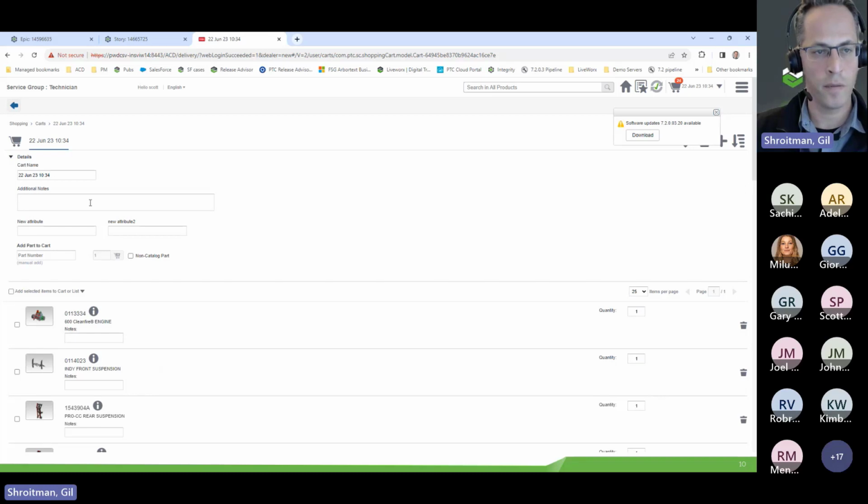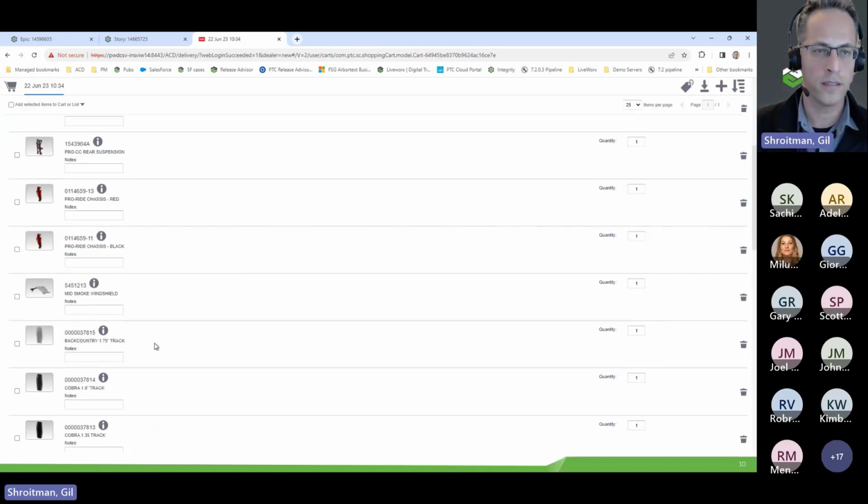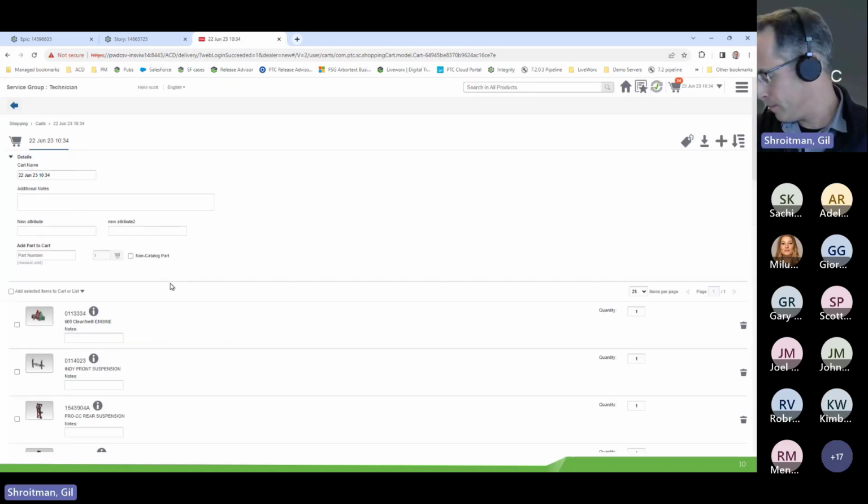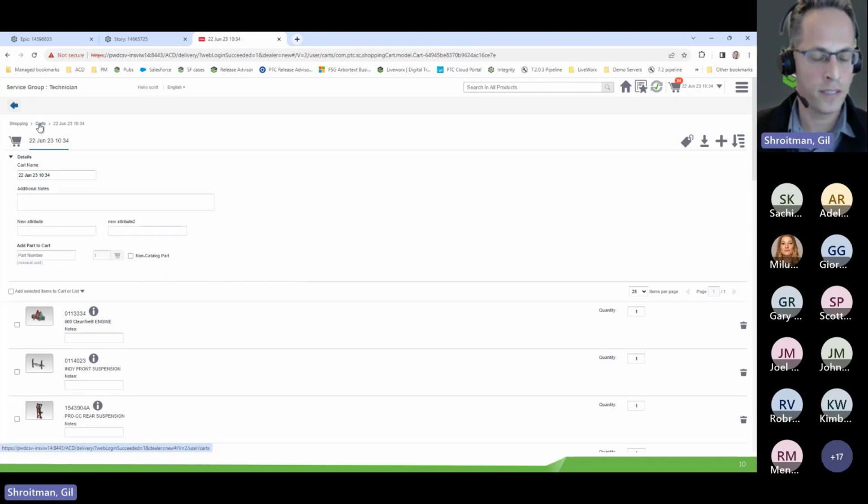You see that this information, and again, I'm logged into the offline system right now, this attribute has been already added for me automatically, so I can type in whatever information is needed here that might be useful for the order placement, and then download, or if you have any custom integration to send it out to some order placement or e-commerce system, this information will be sent across along with the parts information that's captured in that cart. And lastly, this is covering the highlights that I mentioned in terms of the shopping cart enhancement,